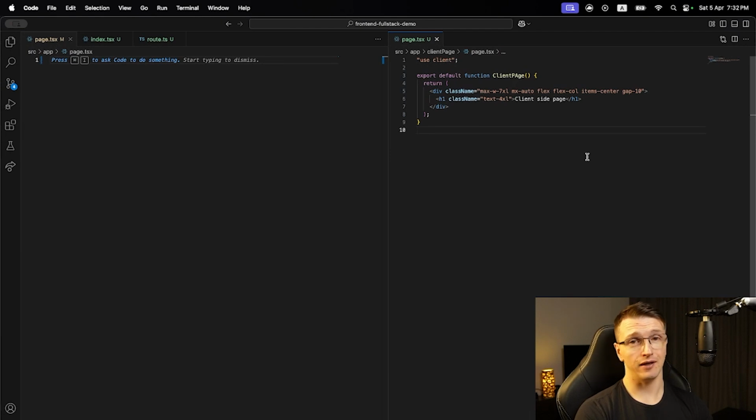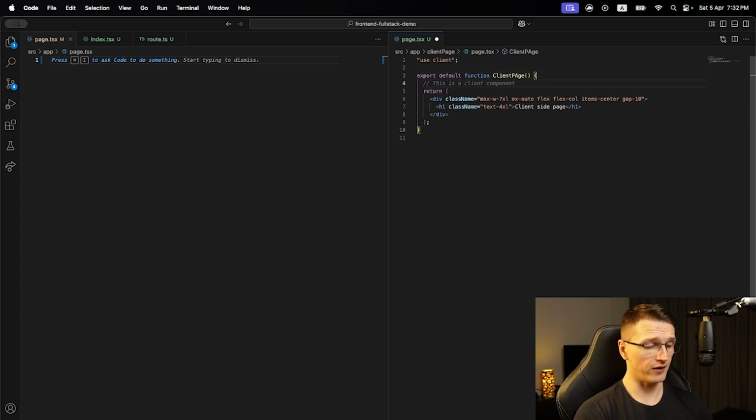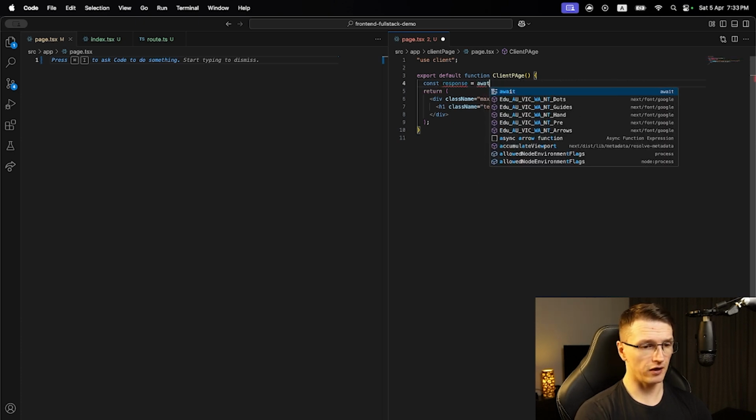So what we need is some data that would most likely, or very likely, be fetched somewhere from the server side, like a database, a CMS, whichever. So we need to fetch it. Right, let's have a const, we'll call it response. And we're gonna use some placeholder data, but not like this because we want it to be, well, it needs to be asynchronous, but we want to use async await, not a promise, which is what Copilot wants us to use. So we're gonna await,